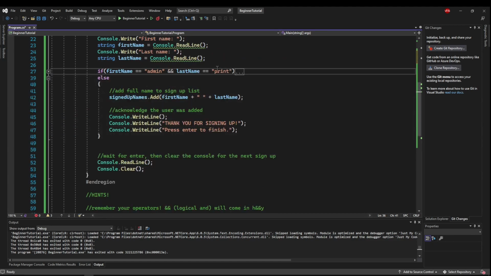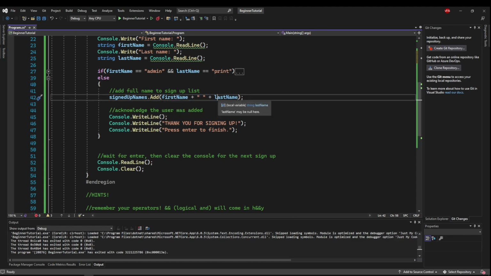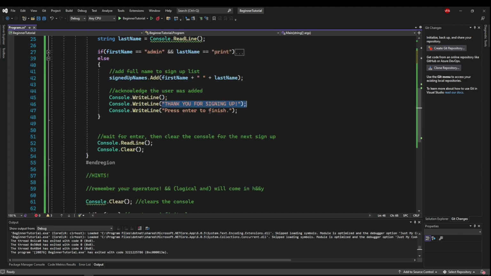So if it's not admin print, what we're going to do is we're going to use our concatenation operators with a space in the middle to add their first name and last name to a single string. And we're going to add that string to our signed up names. Once that happens, we're going to acknowledge to the user, thank you for signing up, and tell them to press